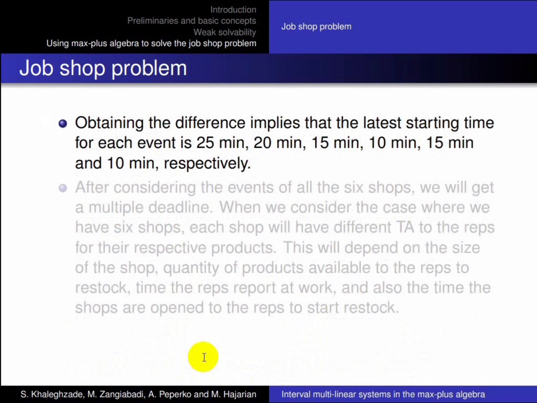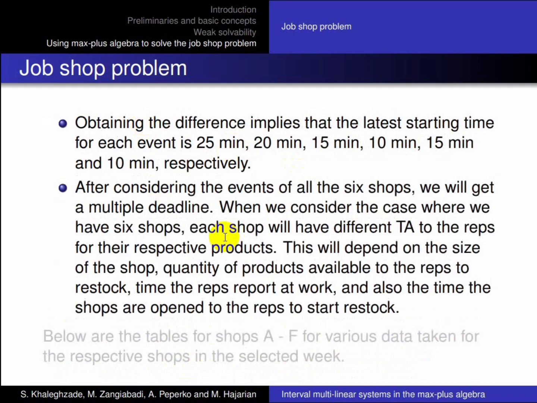Obtaining the difference implies that the latest starting time for each event is these amounts respectively. After considering the events of all the 6 shops, we will get multiple deadlines. When we consider the case where we have 6 shops, each shop will have different time available to the reps